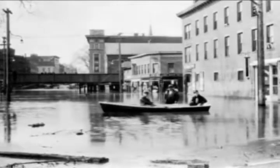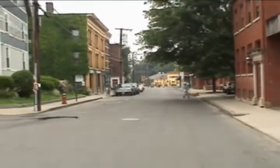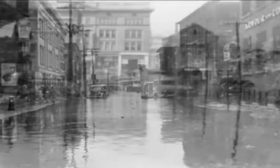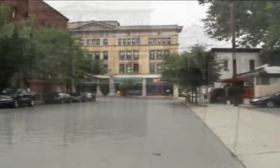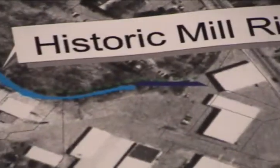The flood of '36 caused $400,000 worth of damage in Northampton alone. Today, that figure would be closer to $5 million. The controversial issue of elevating the heights of the dikes again raised its head, as it had dozens of times throughout the floods of centuries past. Nevertheless, the unprecedented devastation of the '36 flood prompted the Army Corps of Engineers to immediately begin enlarging the dikes bordering the fickle Connecticut. In addition, the course of the Mill River, itself a source of considerable damage, was diverted entirely. For those living in the immediate floodplain, however,